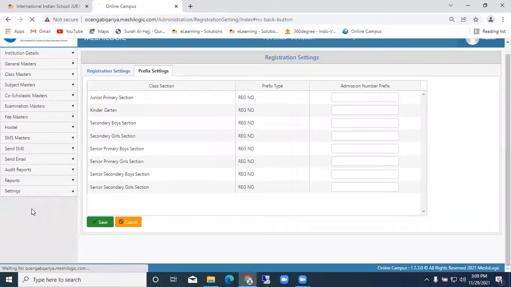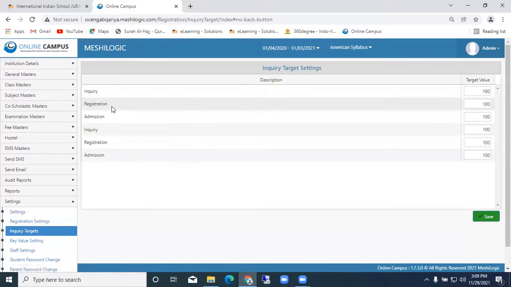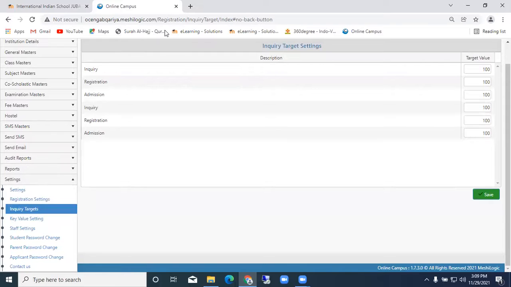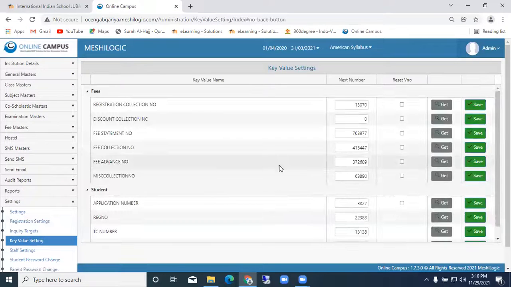Inquiry target, like inquiry, registration, admission. In the settings, we can find whoever is coming in the inquiry and whoever has done the registration and all that. Then key value settings: we also need to set the registration collection number and the fee receipt number, which number is currently going on. We can reset every year, or if you want to continue the same, you can continue.